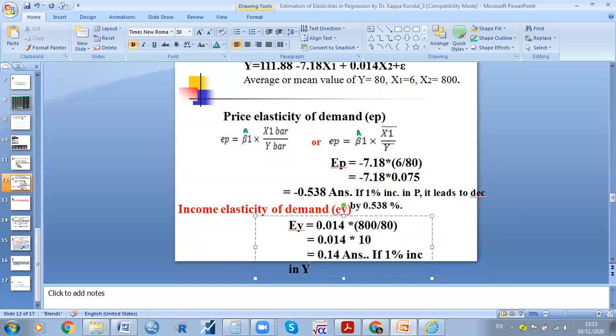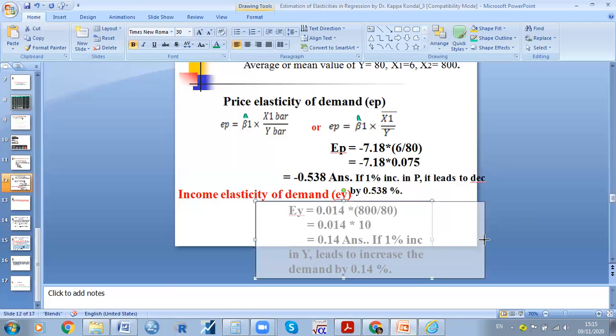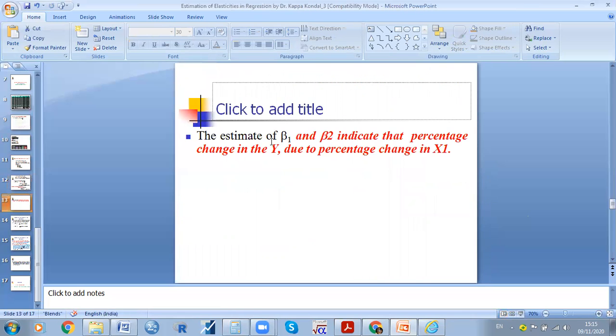That's why the estimation of beta 1 and beta 2 indicates the percentage change in y due to a percentage change in x1 and